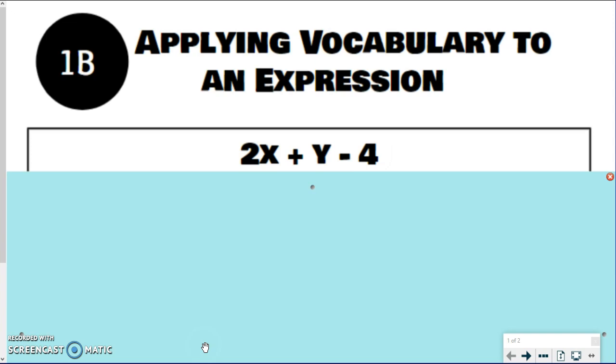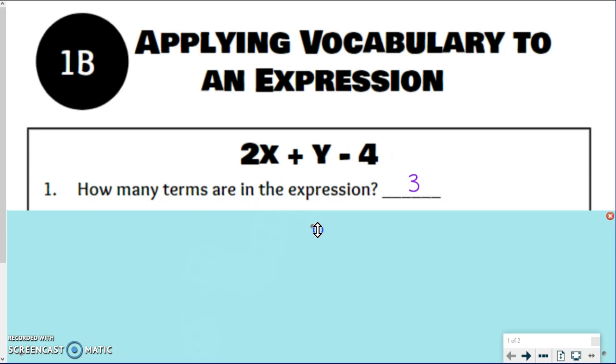So we've got an expression here, an algebraic one. The first question it asks for us is how many terms are in the expression? And there are 3. I know this because they're separated by the addition and subtraction sign. So when I look, 2x is one term, y is another term, and 4 is the third term. So we got 1, 2, 3. And again, only looking for separation by addition and subtraction signs. The 2x is one whole term because it's really saying 2 times x, and terms are only separated by addition